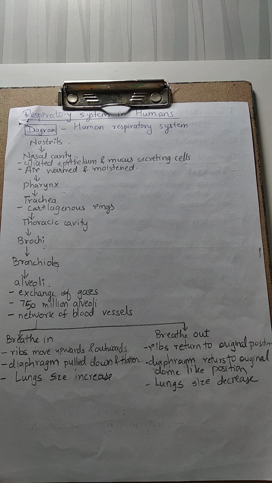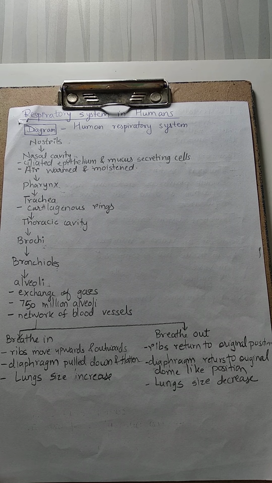bronchi जो होते हैं वो और divide होते हैं, redivide होते हैं to form finer branches called bronchioles. छोटे branches होते हैं वो, पतले। सिंगल bronchi जो होता है उसको बोलेंगे bronchus. So there are 2 bronchi present, okay? Single is called as bronchus और bronchus जो होता है it redivides to form fine branches called bronchioles.